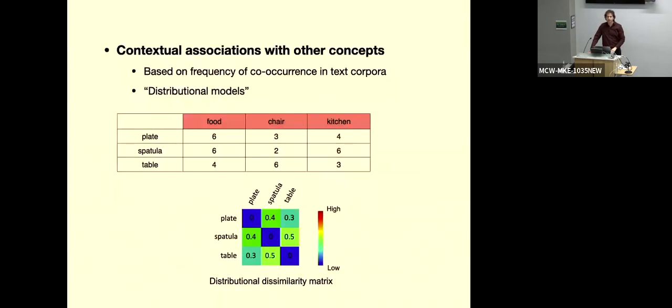And same thing for contextual association or word co-occurrence information. If you compute how often each word occurs with every other word in the language, you can compute the similarity between the representations of every pair of words, and you get a distributional dissimilarity matrix. And the dissimilarity matrices that you get from these three theories correlate with each other. They're not completely different, but they're not identical. And so that's what we have to measure.